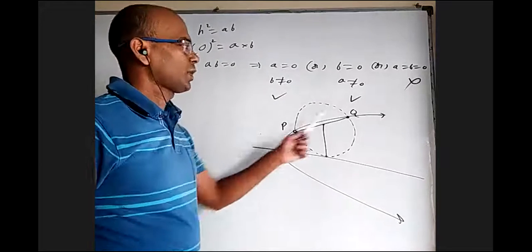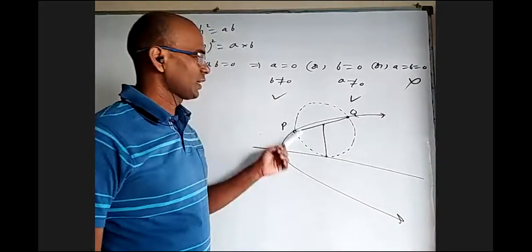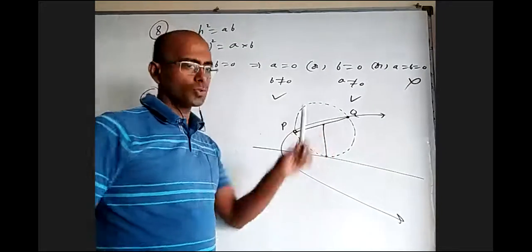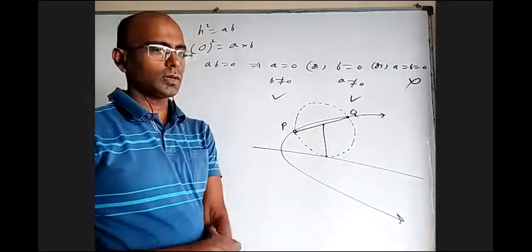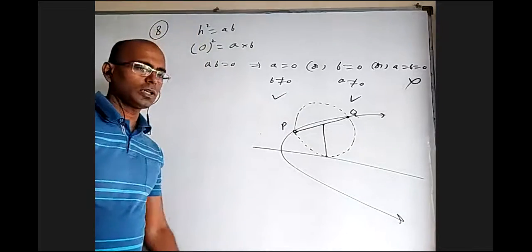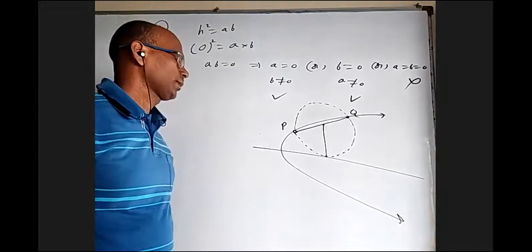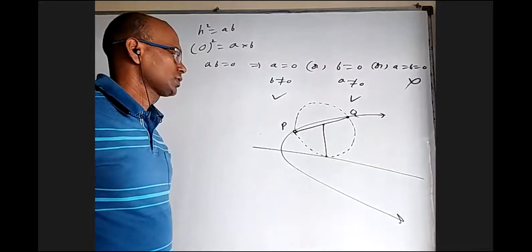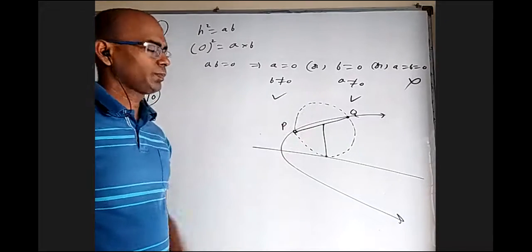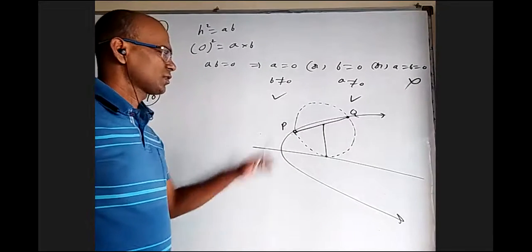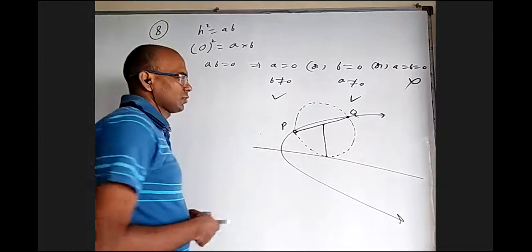Okay, P and Q are 2 points on the parabola y² = 4x. If you take them as ends of a diameter, that circle happens to touch the x-axis. Normally it will not happen, but for a particular chord or particular chords it can happen. Now they want to know what is the slope of PQ. That is because there is a relation between slope and radius, because that's what they want.